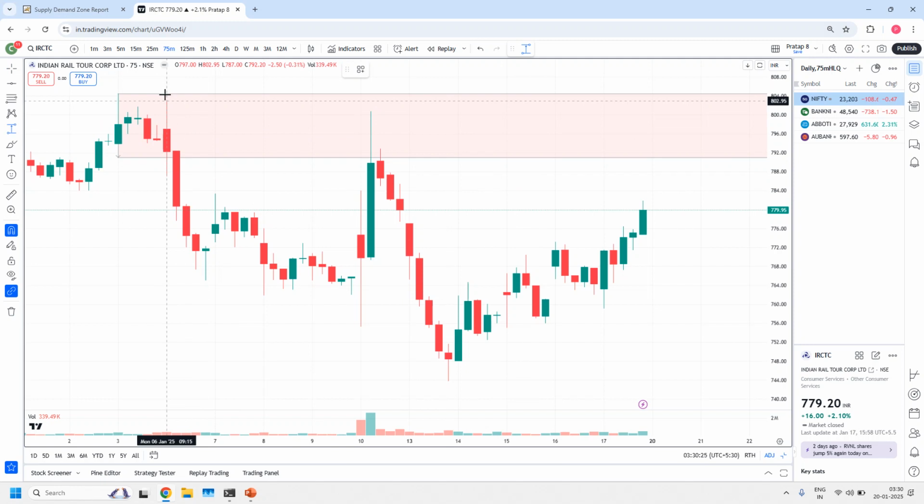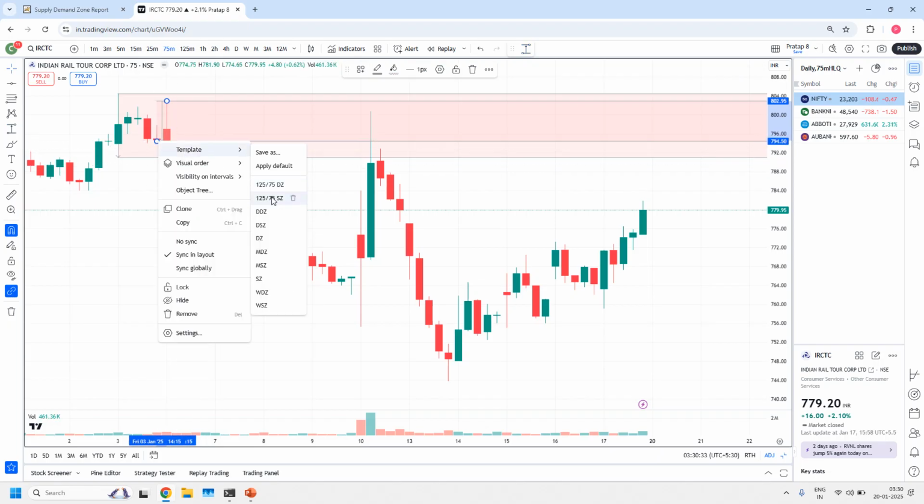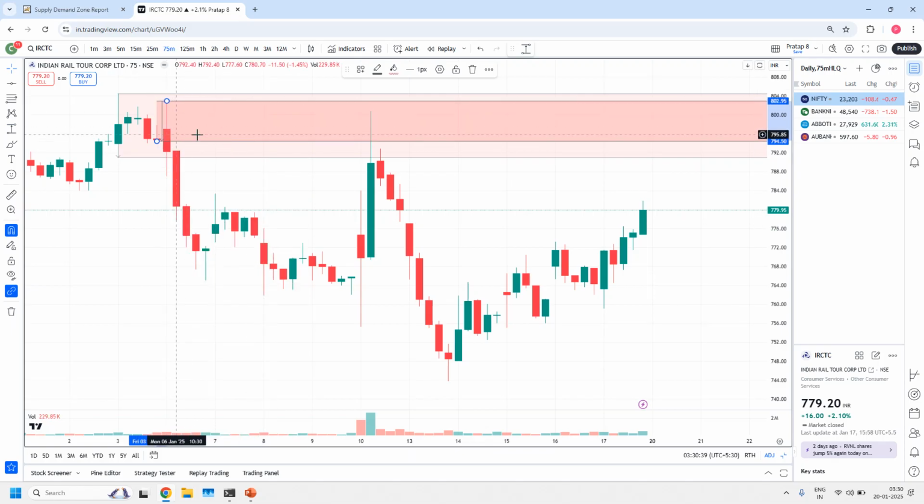But the highest wick of base or leg out, here leg out is there, that's why here I am drawing this is a fine-tuned 75 minute supply zone,